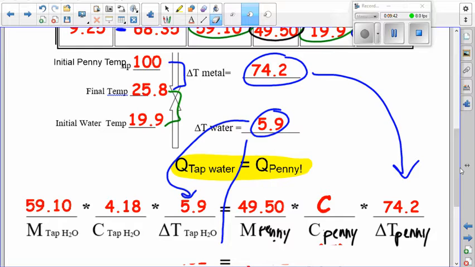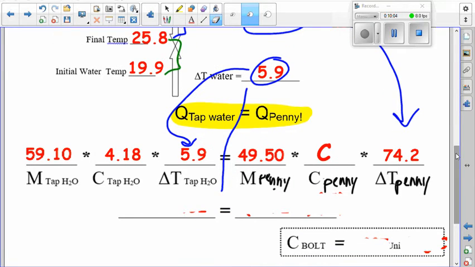Alrighty. So we got our two sides of the fence. 59.10 times 4.18 times 5.9 will be equal to the amount of energy, the Q, that your water gained. That will be equal to the mass of the penny times the C of the penny times the delta T of the penny. That's how much energy the penny lost. All right. So if we simplify this, 59.10 times 4.18 times 5.9, that comes out to be